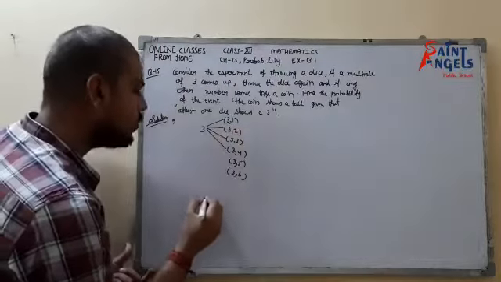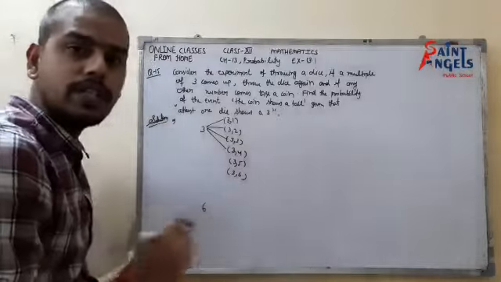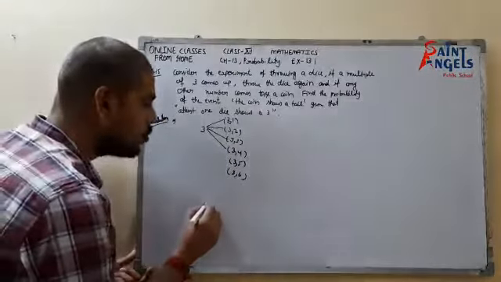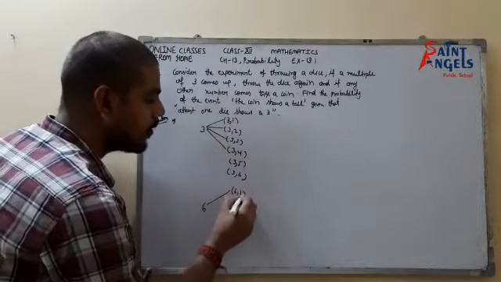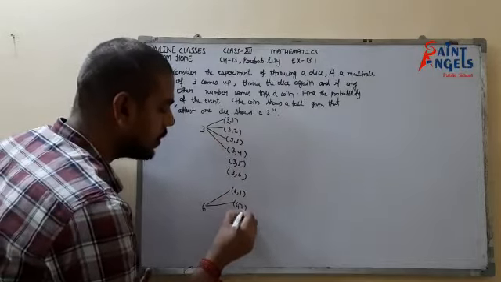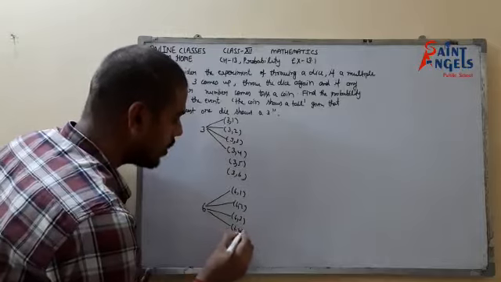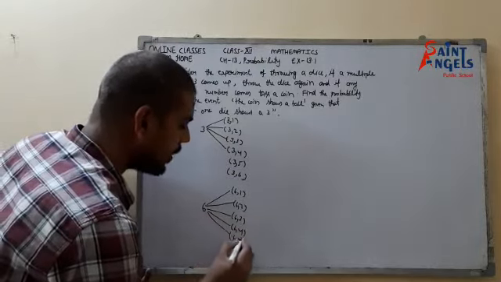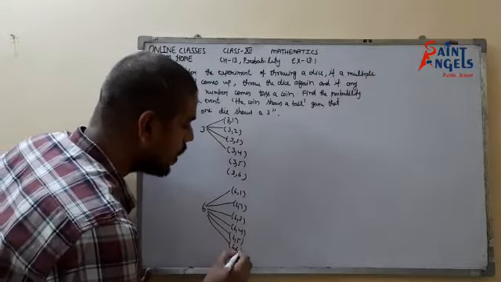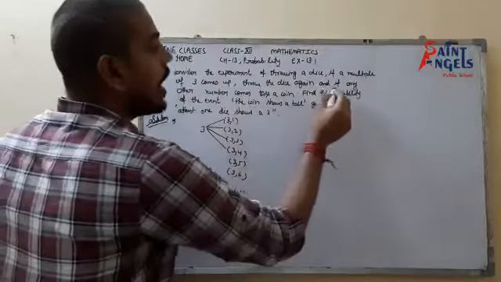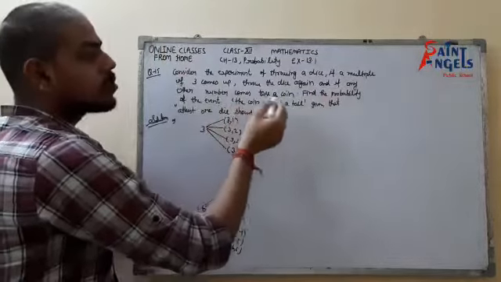Similarly for 6, when we got 6 the first time on the dice, we have to toss the die again. So it could be 6,1, 6,2, 6,3, 6,4, 6,5, and 6,6. Now, if any other number comes, toss a coin.